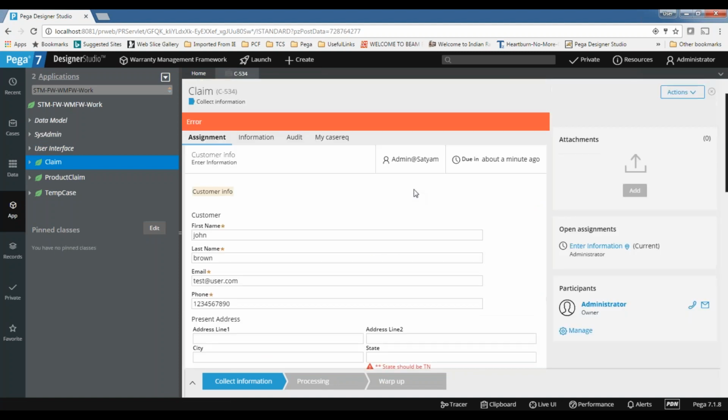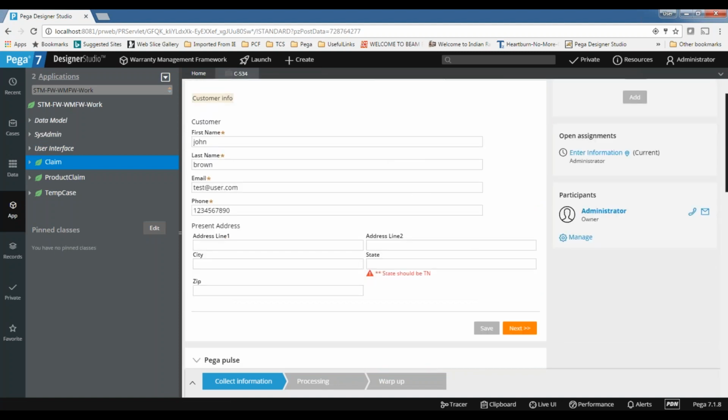Which is the best practice? There won't be any best practice in this regard, because validation is always required, but if it is a normal validation, we can go for the validation rule only. So no need for declarative. Declarative rules should be used only on limited properties, where the business fields are very important.